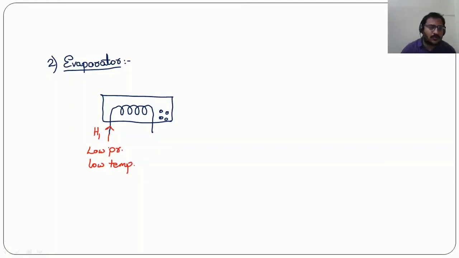So this low pressure, low temperature refrigerant enters into this evaporator coil, and as this is at lower pressure, this will absorb heat from the products that are to be cooled. So that means heat is being absorbed from the products that are to be cooled. So as a result of heat absorption, this low pressure, low temperature liquid refrigerant